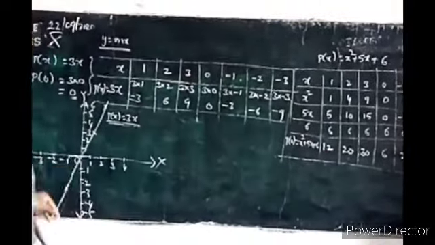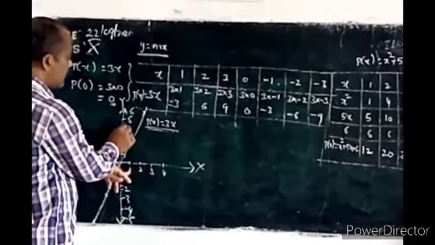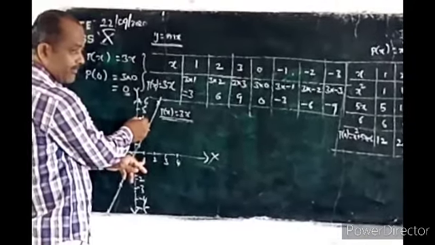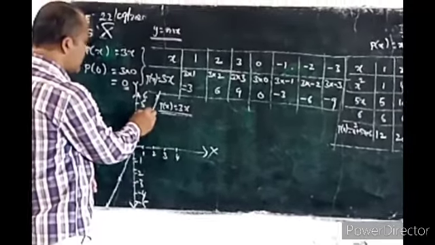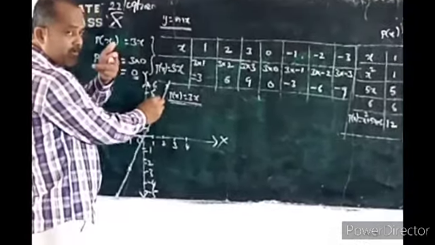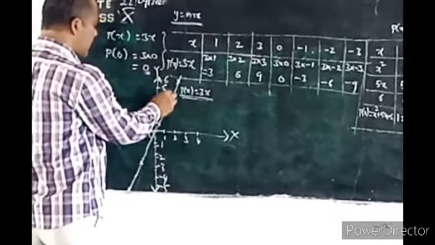12. When x is equal to 1, the value is 12. 12 means after 4. 4 5s are 20. Yes, no? 4 5s are 20. So above the 4, 4.1 or 4.2, there we have to plot a mark like this.